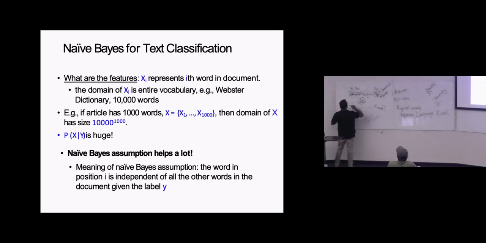So now we have shrunk down from 10,000 to the power 1,000 to 10,000 times 1,000, to even 1,000. And the good part is, still for some tasks, these bag of word models do pretty well. Can you give an example type of task? Okay, so think about